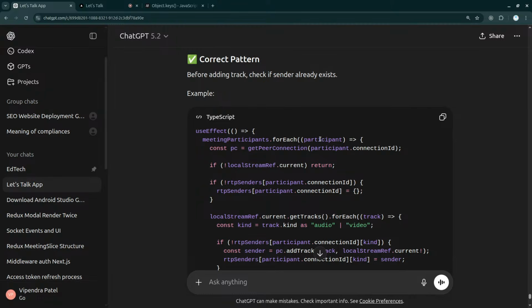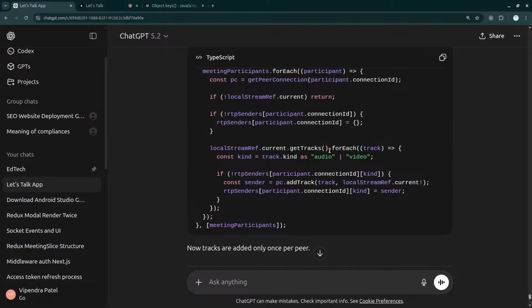Meeting participants, I'm getting all the participants. I'm getting the peer connection as well. Once I got the peer connection, I'm just simply checking the local stream if that exists or not. After that, I'm checking whether the particular connection exists or not. If that does not exist, RTP senders participants connection ID, I'm ultimately creating a new participant here, and that is okay. And once that is done, then getting the connection kind, and if RTP senders participants kind